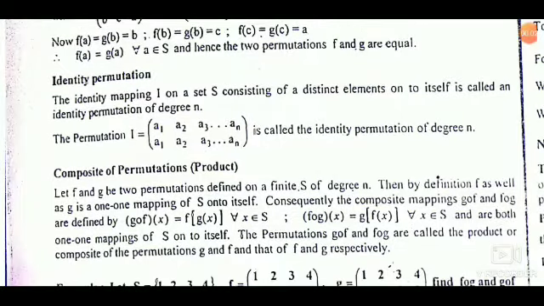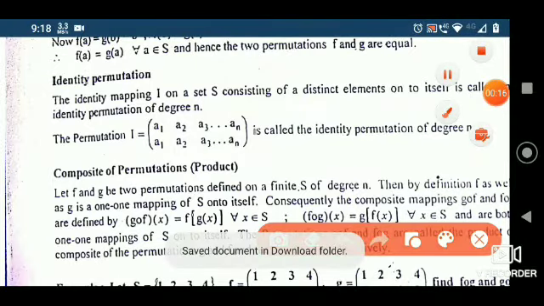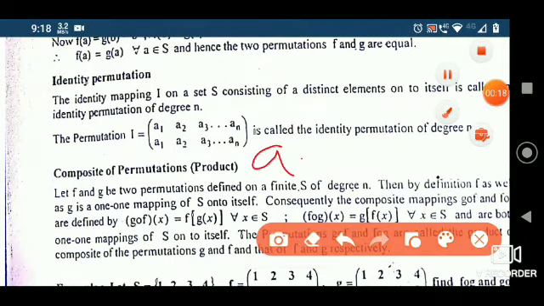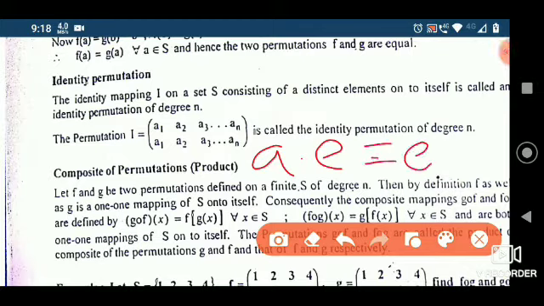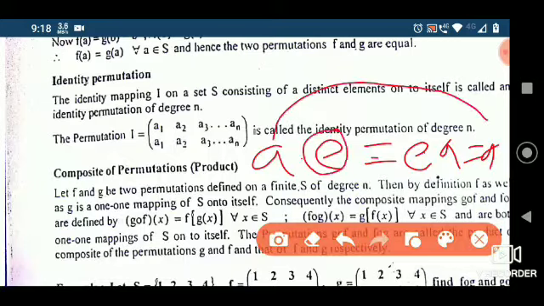So we start with the identity permutation now. So what is identity? Identity means an element which takes to itself, right? Or in the normal way, an identity E is called identity if AE is equal to EA is equal to A. That is, the identity element takes A to itself, right?